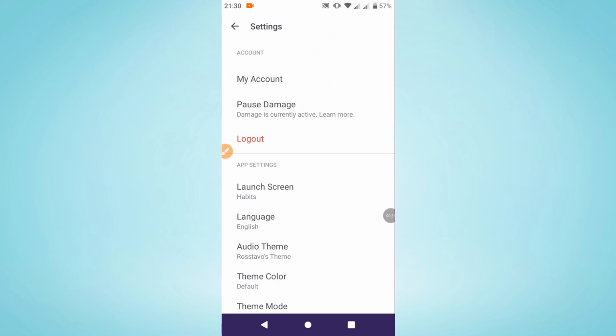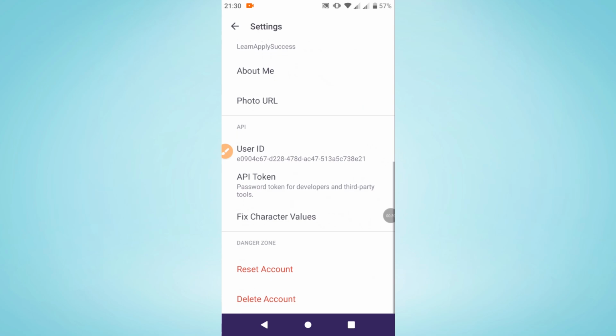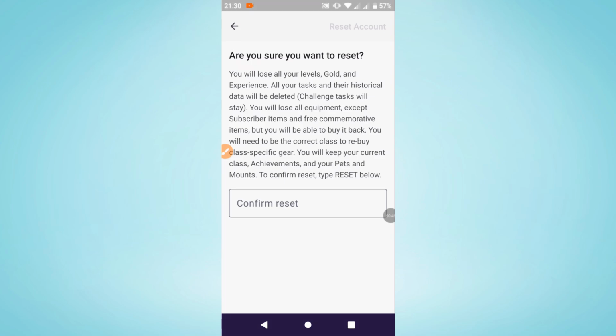And last but not least, in the following menu, swipe all the way down till you get to this section here, Reset Account. So tap into it. And last but not least, confirm the reset by typing reset in capital letters into that field below. And that's it. Now, I'm not going to do this because I would like to keep my account's progress, but